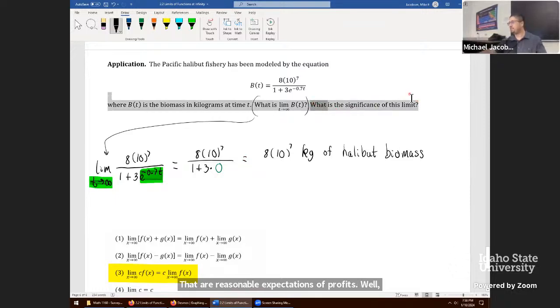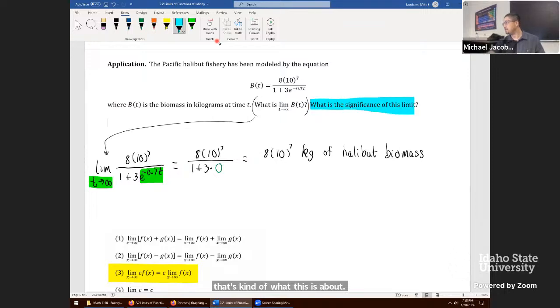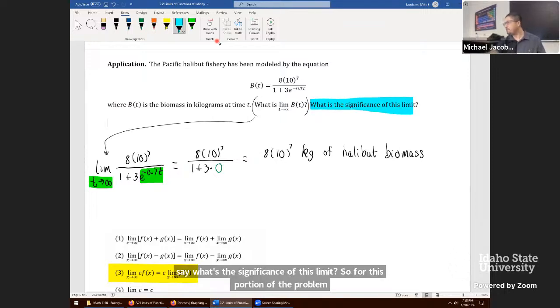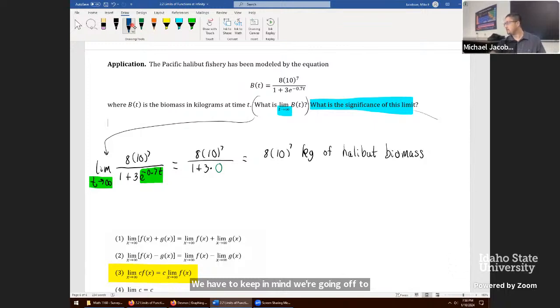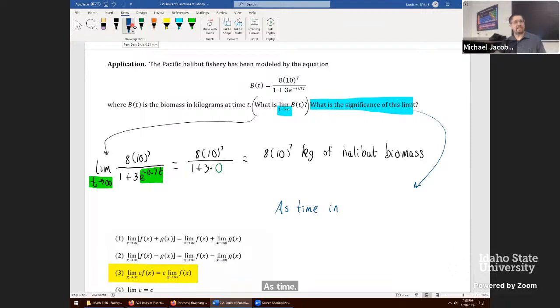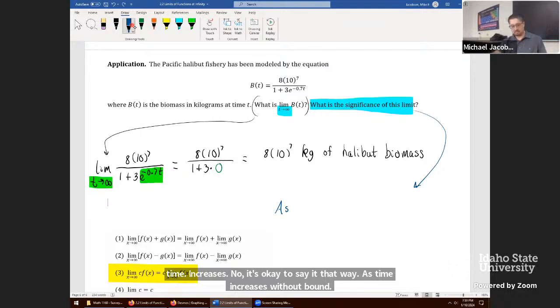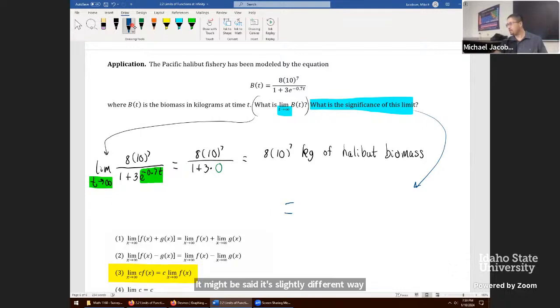Well, that's kind of what this is about. It's saying, what's the significance of this limit? So for this portion of the problem, we have to keep in mind we're going off to infinity. And so we can say, as time increases without bound, but it might be said a slightly different way, in the long run,